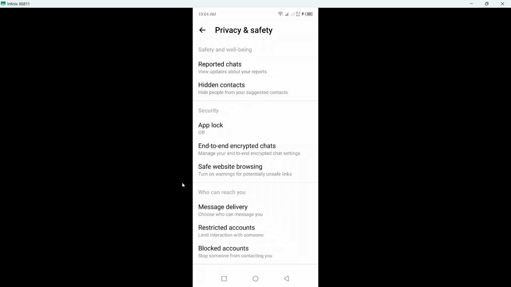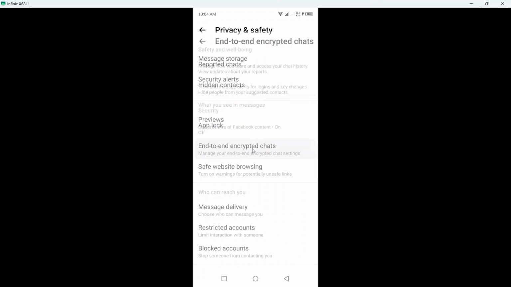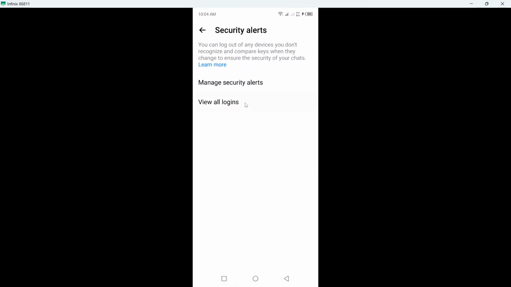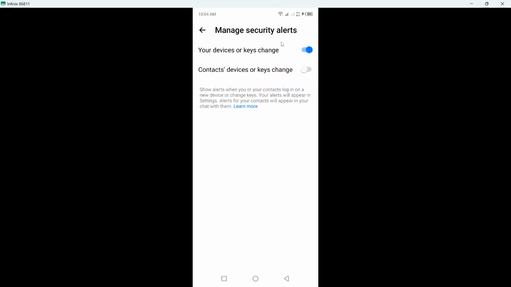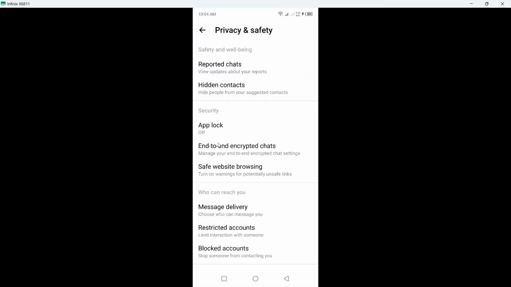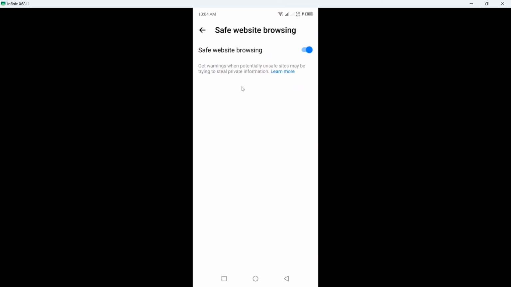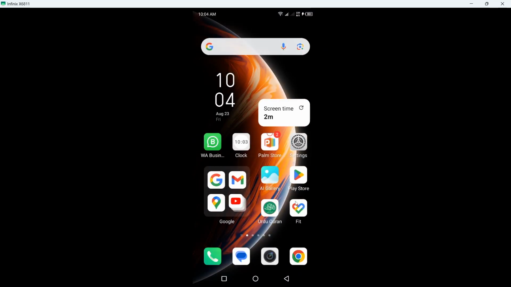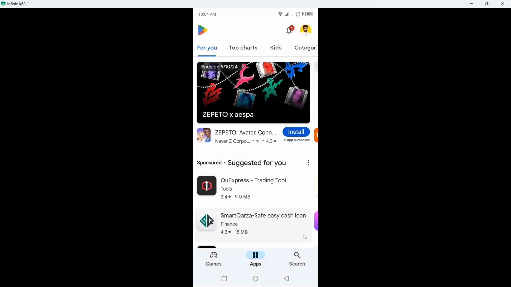So once you are here, you simply need to click on end-to-end encrypted chats, and here you can see the option of security alerts. Click on manage security alerts and you simply need to turn this on, and then you need to go back and then you need to click on save website browsing and you need to turn that on as well. Once you're done that, you need to go back and you need to open Play Store and